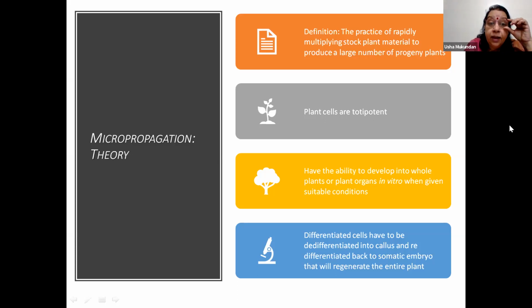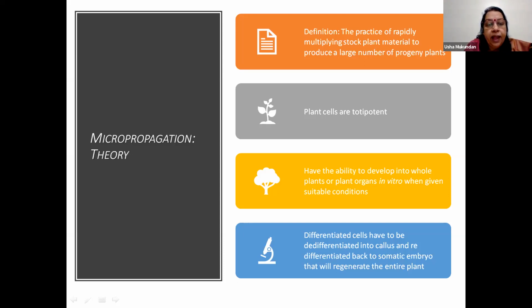Because you are getting the explant from one mother plant, you end up getting genetically identical progeny, and you call them as clones. Very good. Okay. Now, in vitro, whatever explant you are taking, we will see that. And we will also take a case study as to how you can design an experiment so as to mass propagate whichever plant you want to.